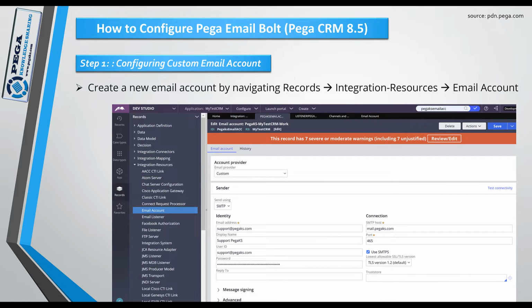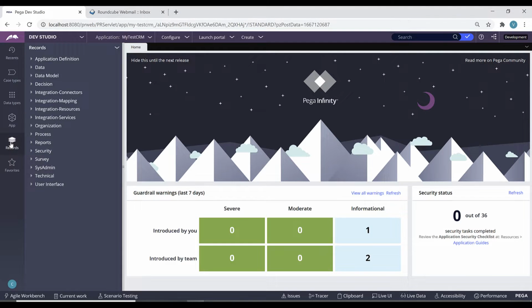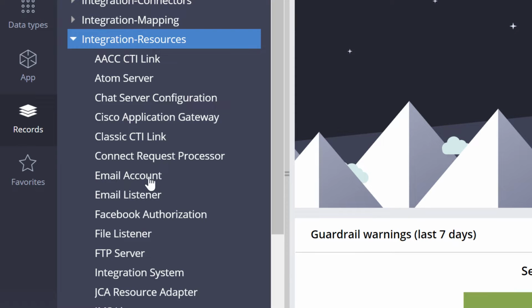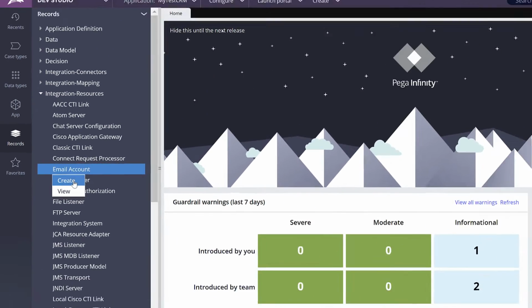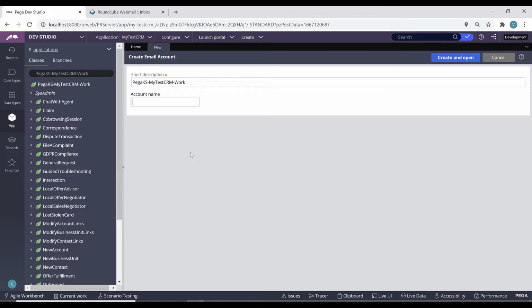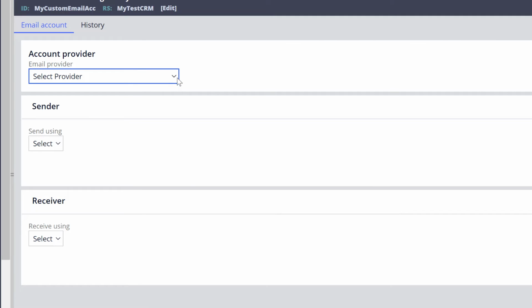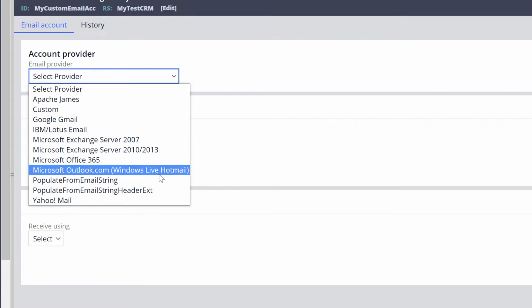As a step 1, we need to configure a new email account. Click on the Record Explorer, expand the integration resources, right click on the email account, click on Create, and name your email account. Click Create and Open. Now in the account provider, select your account provider.